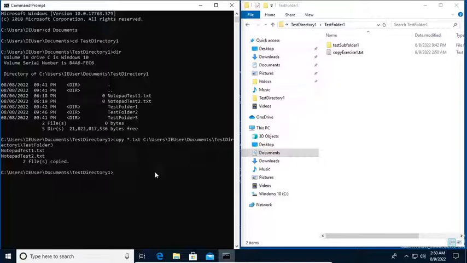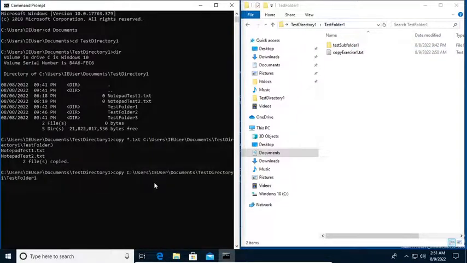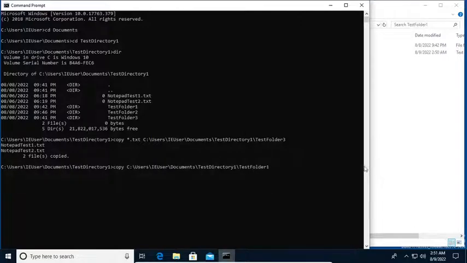We should first specify where the file here is located. So I'm just going to copy this and right click. You would see C users IE user documents, and just expand that documents at test directory 1, test folder 1,